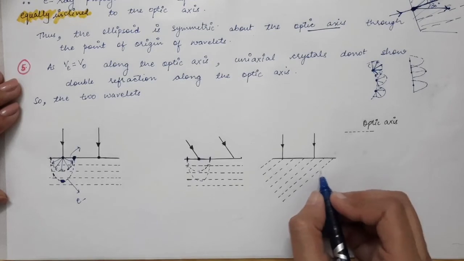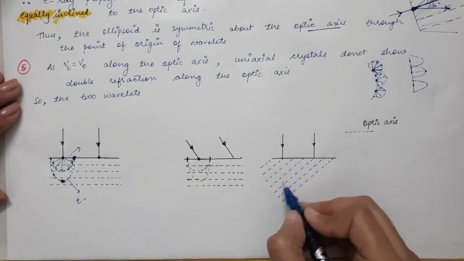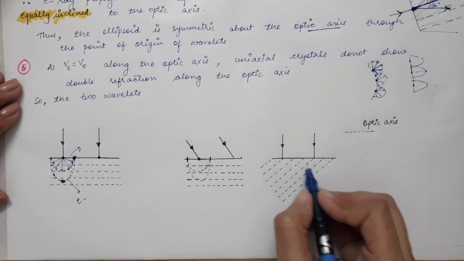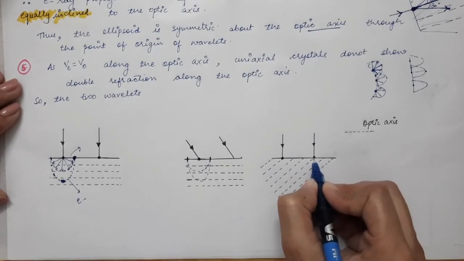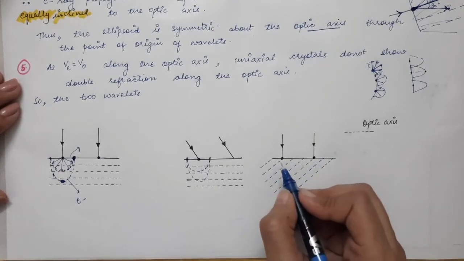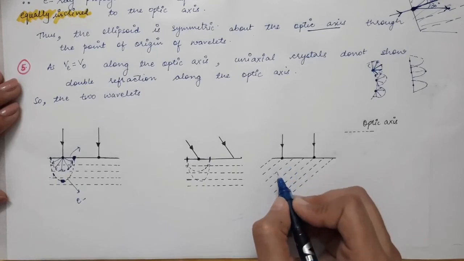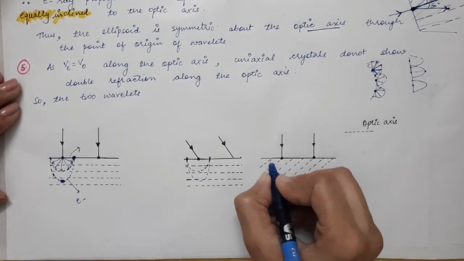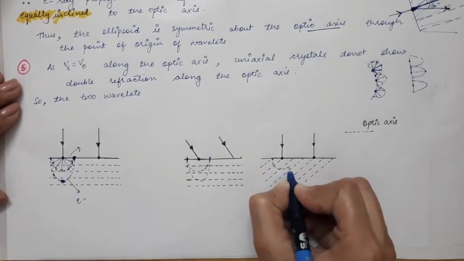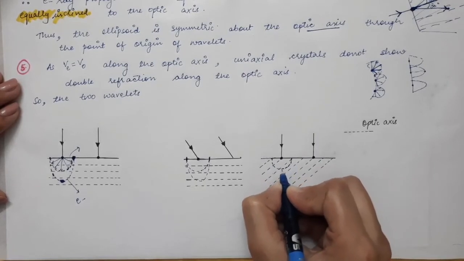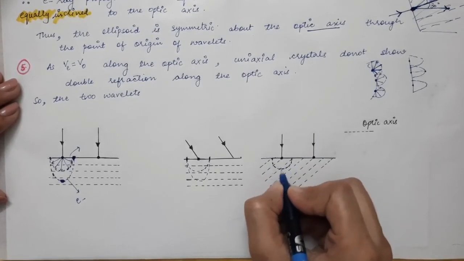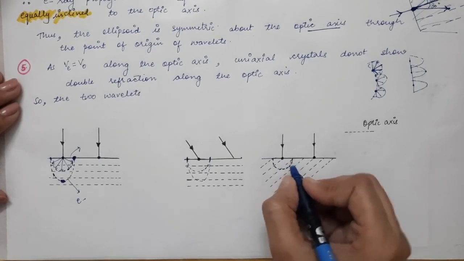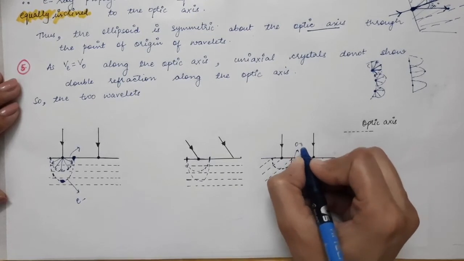Now in the last case, the optic axis is making a certain angle with the crystal surface. So if we make the light ray fall on this crystal surface, these points will become the source of secondary wavelets. Two wavelets will be emitted, one spherical and another ellipsoid. The spherical wavelet's shape will remain the same like this because O ray travels with the same velocity in all directions. So from this point one wavelet will be emitted, and that will be spherical for the case of O ray.